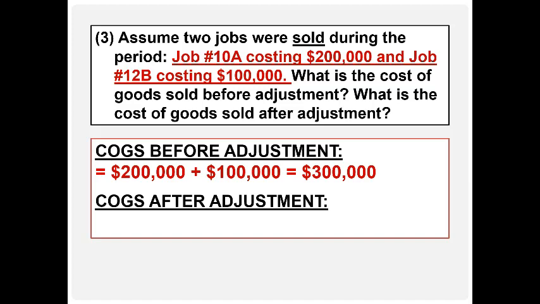Cost of goods sold after adjustment, you'll need to take the $300,000 and adjust for the over-applied overhead. And since over-applied overhead indicates you assigned too much cost to inventory, we will reduce cost of goods sold, and cost of goods sold after adjustment is